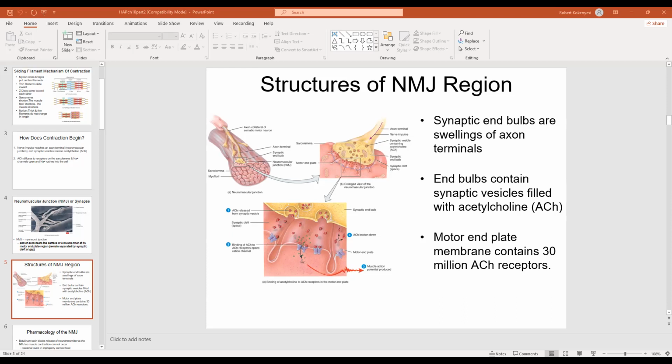The flow of sodium ions into the muscle cell is a chemical signal that will be picked up by other parts of this muscle cell. And eventually, the information will be transferred to the sarcomere where contraction will begin. So let's stop at this point for a minute. We have a few other things to say about the